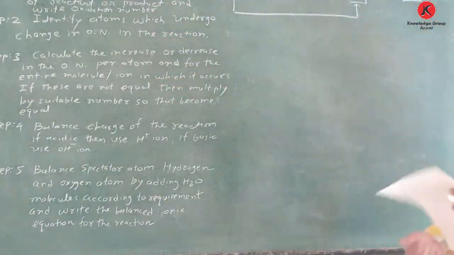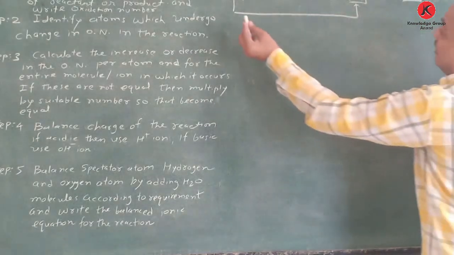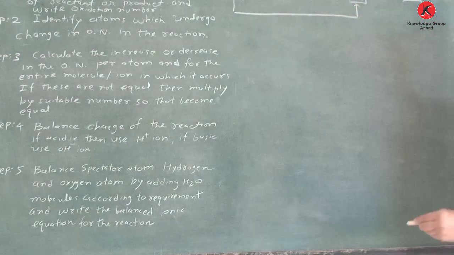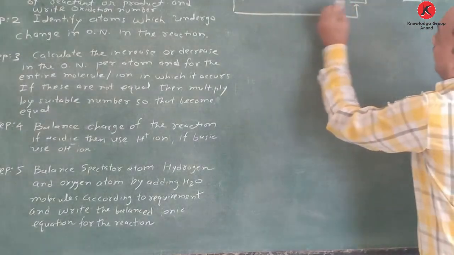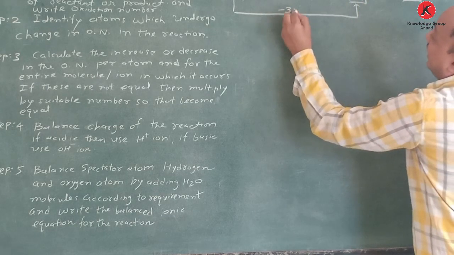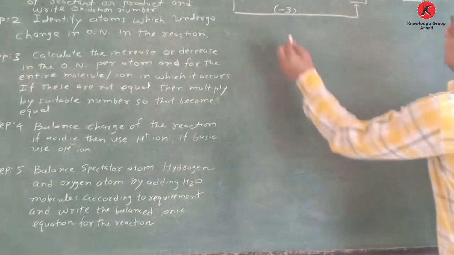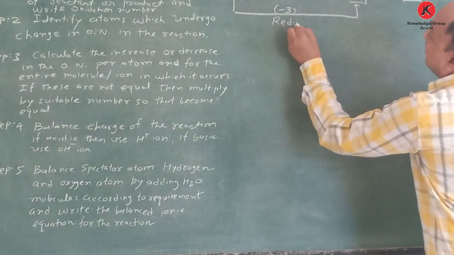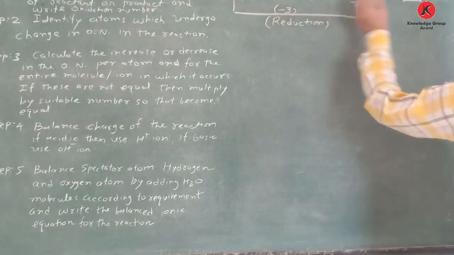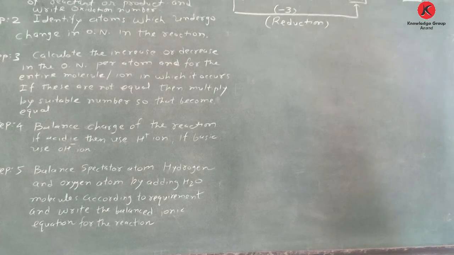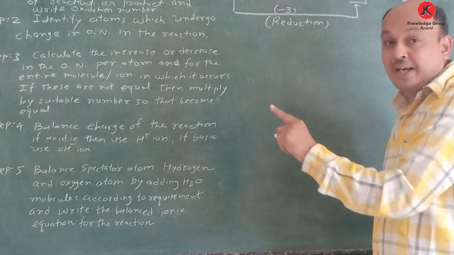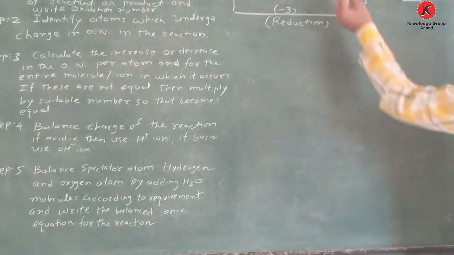Now I am considering step 3. So in step 3, what happened? First of all, we balance the change in oxidation number. Plus 7 to plus 4 means what? A decrease in oxidation number, and that is minus 3. And this is nothing but a reduction reaction. Now, minus 1 to plus 5. Here you remember minus 1, 0, so it's a 1, and 1 to 5, 5 plus 1, that is 6. So here plus 6.